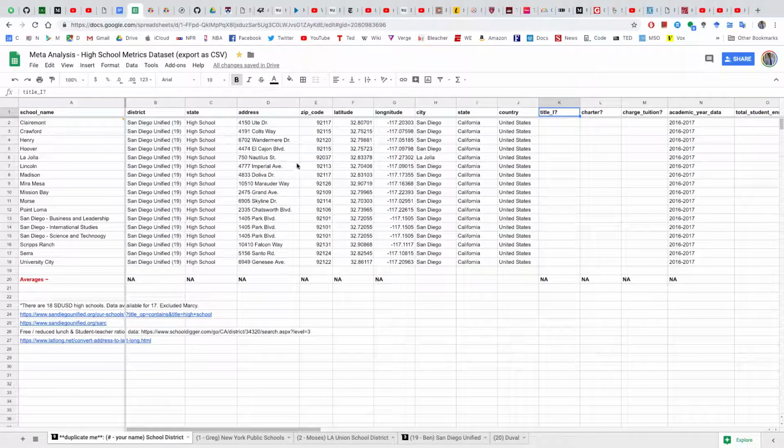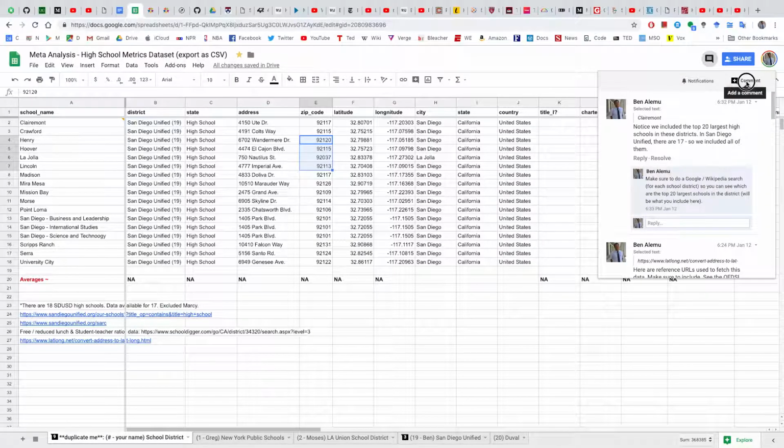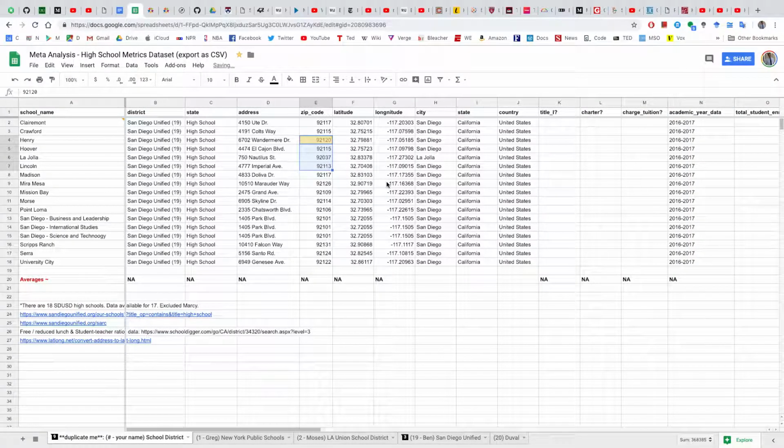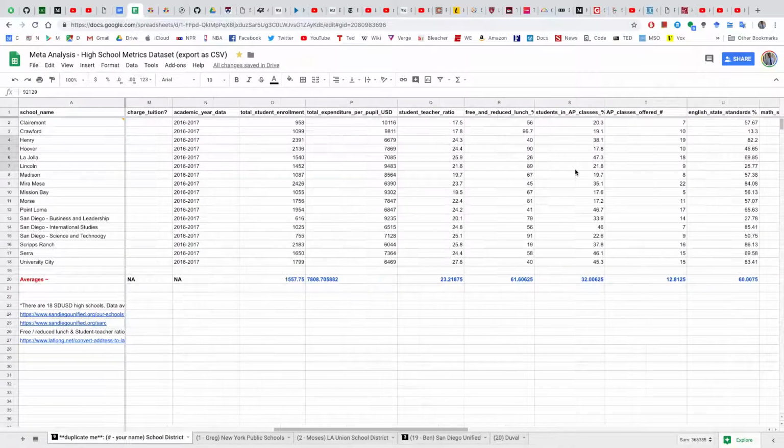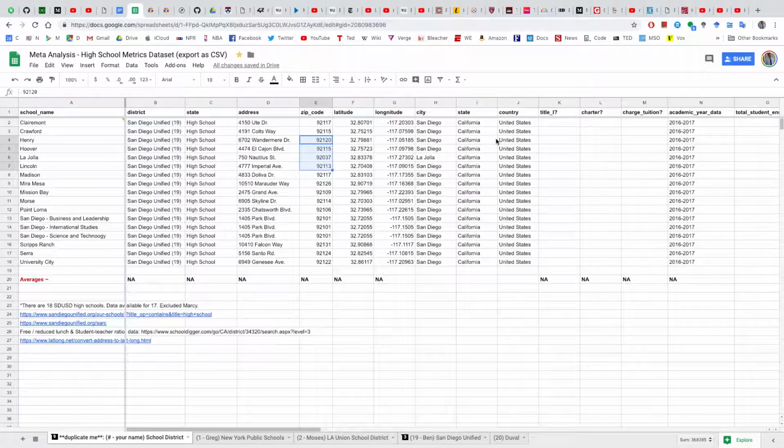If you have any questions, comment on the data, and then a data analyst will be able to see it and get back to you. So I hope this explains how to replicate this sheet format. You duplicate, you rename, you delete this information, rename it with the schools, the location information, and then scrape SARC data to populate this data.